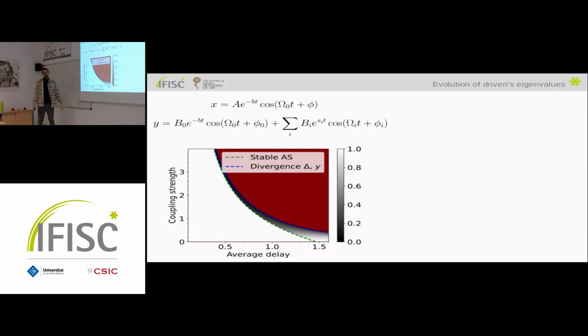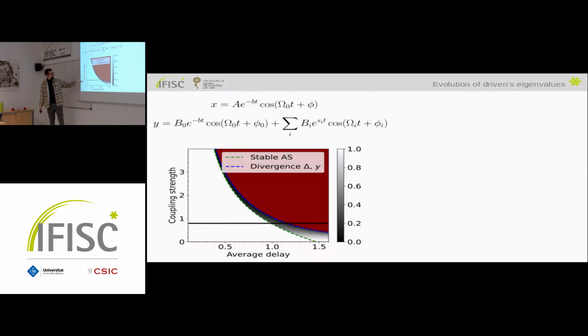But at the end of the day, the only eigenvalue that will matter is the eigenvalue with the greatest real part. So we will sort these eigenvalues by the real part, and we will only care about the greatest of them. So now we will compare this eigenvalue with, let's call it S1, the value with the greatest real part of all the others. And in order to simplify things further, let me restrict myself to a value of the coupling strength. So I will fix the coupling strength, and I will just vary the average delay and see how these eigenvalues behave. And the evolution is the following.